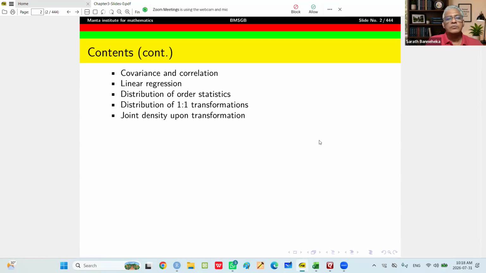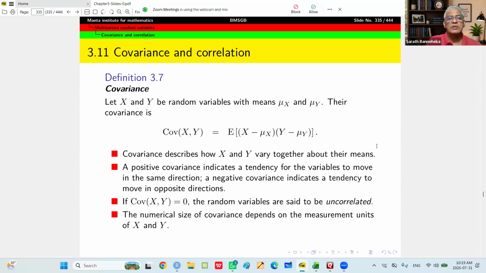So, as the first part of today's lecture, I will first talk about covariance and correlation. Remember, I want to first of all mention something important. Here we are going to discuss the correlation and covariance between two random variables. And also later on we will talk about regression